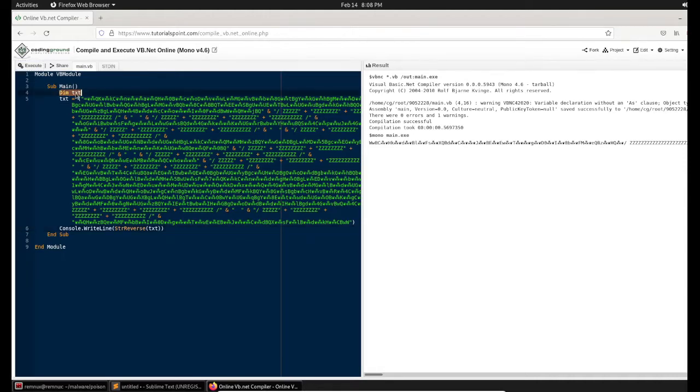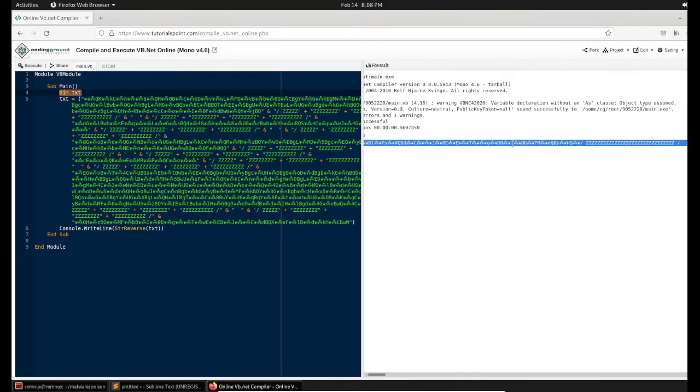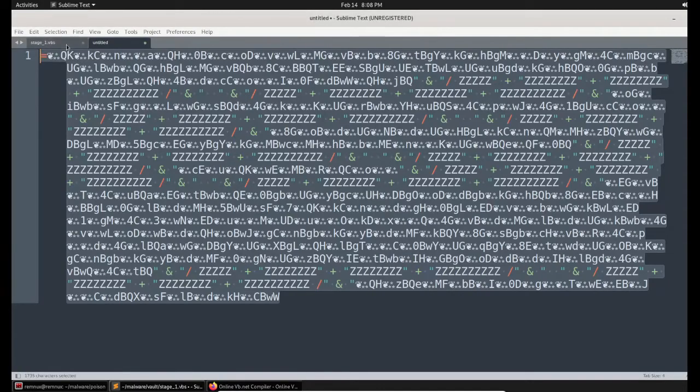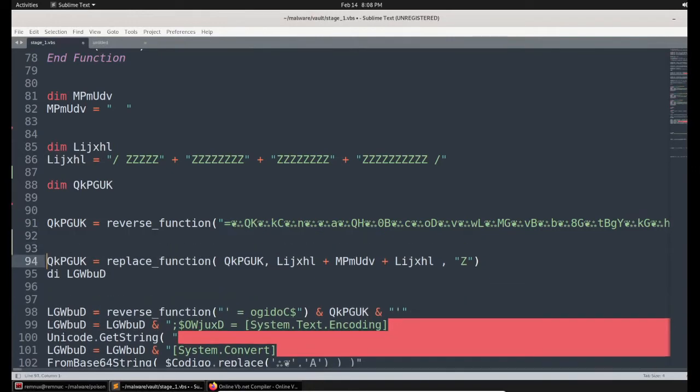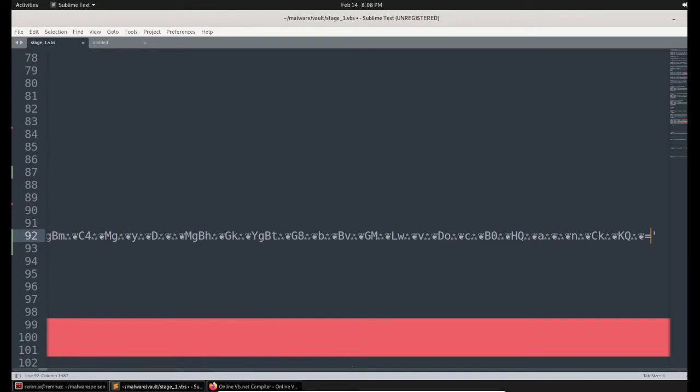I defined the variable txt and assigned a value to it, and I'm reversing that value with the string reverse function, and I got the outcome here. Let me copy this outcome and paste it here, because at the end of this sentence, the outcome will look like this.